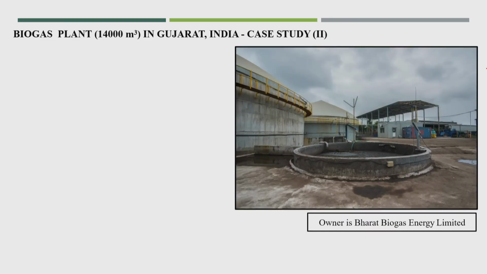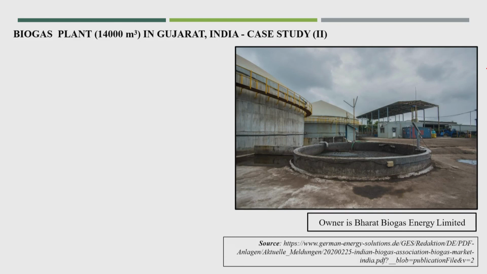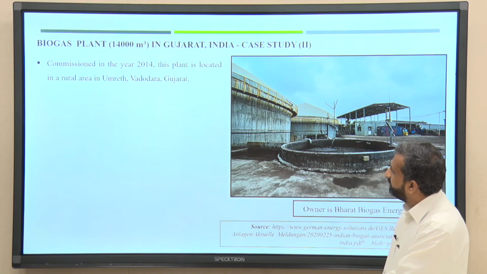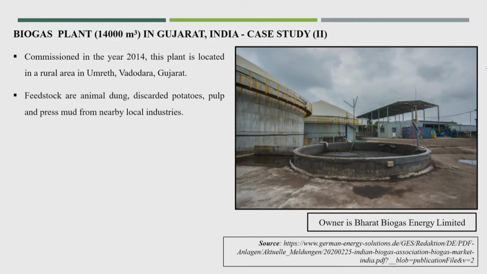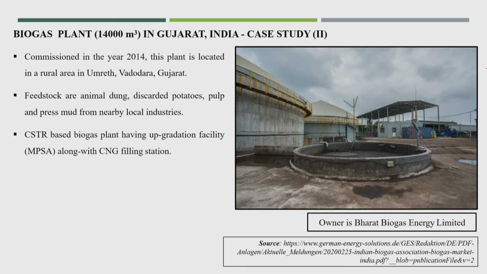Okay. Now, this is another biogas plant of 14,000 meter cube in Gujarat, India. The owner is Bharat Biogas Energy Limited, commissioned in the year 2014. This plant is located in a rural area in Umreth, Vadodara, Gujarat. Feedstock is animal dung, discarded potatoes, pulp and press mud from nearby local industries, and a CSTR based biogas plant having upgradation facility